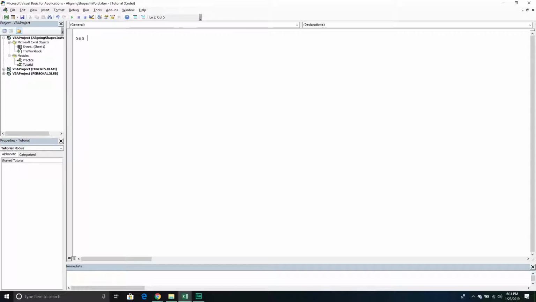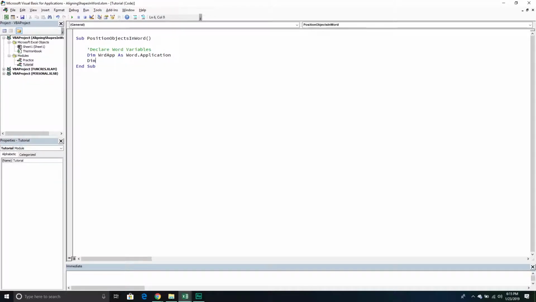So we're going to create a new subroutine and we'll say position objects in Word. And then we'll put our little brackets, end sub, like all the other videos. We're going to declare our variables. The first group that we're going to declare is our Word variables. The first one is going to be called Word app. This is going to be our Word.application object, so the actual Word application itself. So, just like Excel, PowerPoint, they're all applications. Word's its own application, so we're going to create a new instance of Word and then store it in this